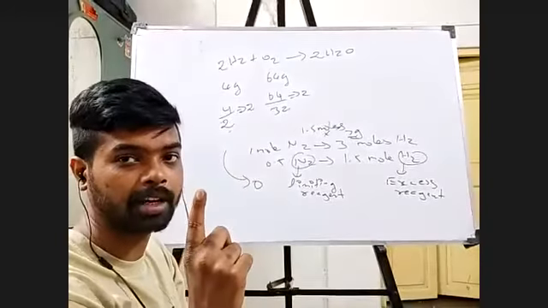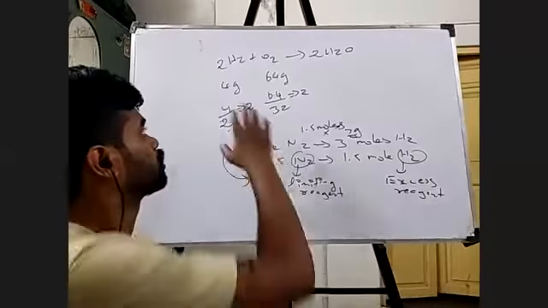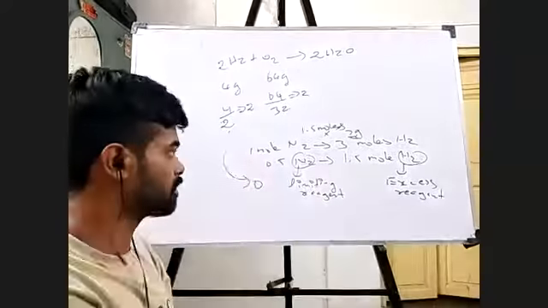The molecular mass of O2 is 16, right? One oxygen is 16. I have O2, so it's 32. Okay, fine. So what I was telling, for 2 moles of, I write it like this,